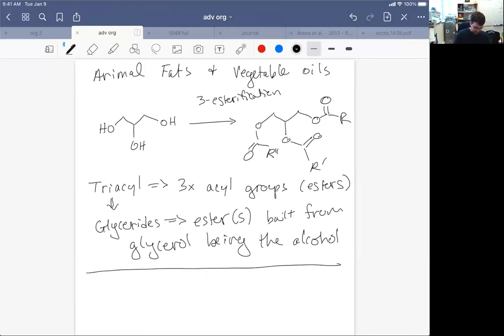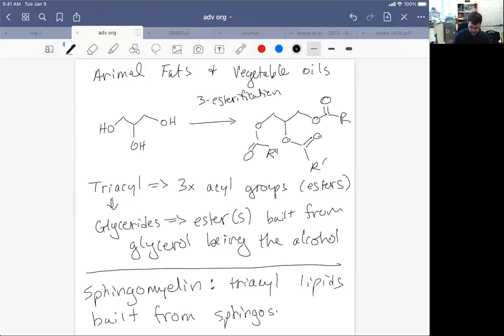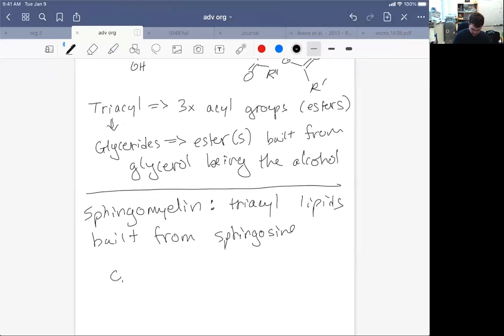Now you could replace glycerol with a different kind of building block by which you can build your three carboxylic acid derivatives. And a common one is, so these are triacyl lipids built from sphingosine. I'm going to check that just to make sure. But we have some C13 carbon tail attached to an alkene. Now we have some chirality we need to be aware of. But this is going to use a nitrogen and 2 alcohols as opposed to 3 alcohols to get to your, yes, and this is indeed sphingosine, to get to your